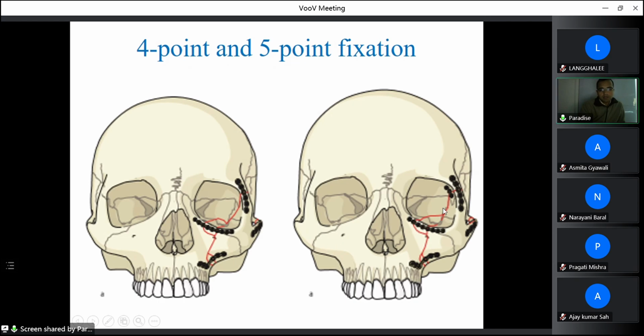Now the last point of fixation is at the sphenozygomatic suture at the lateral wall of the orbit. Theoretically, they say that if it is not formed, then you have to do 5-point fixation at all articulation areas, with all the 4 bones at 5 places. So after placing the sphenozygomatic suture, it's considered as 5-point fixation, but practically you never need fixation at the sphenozygomatic suture